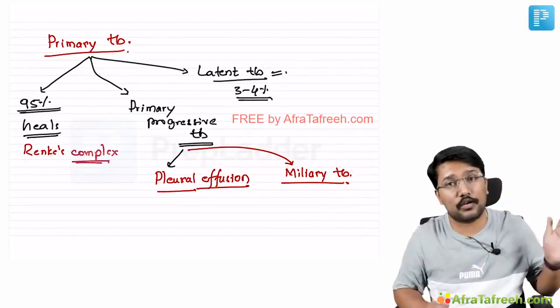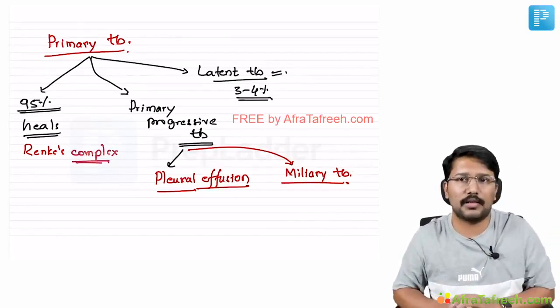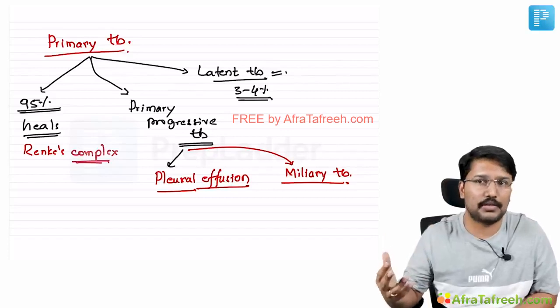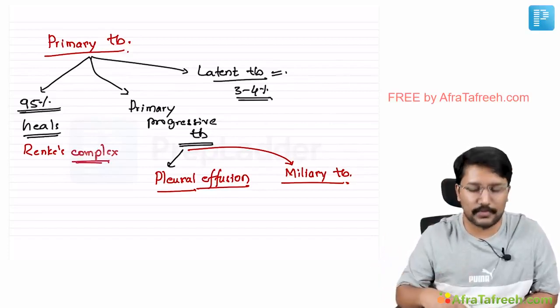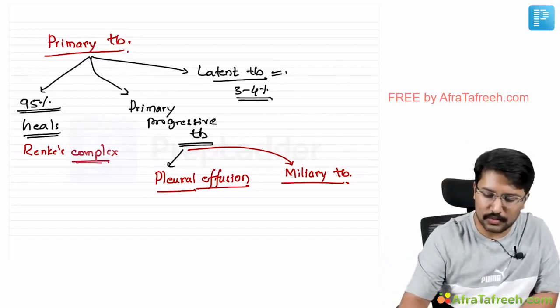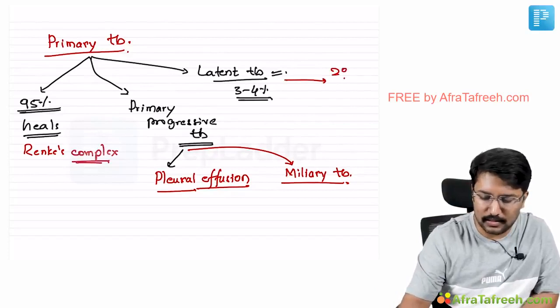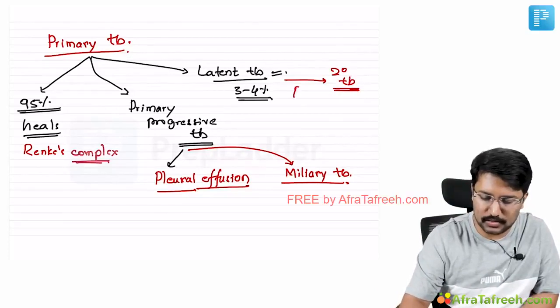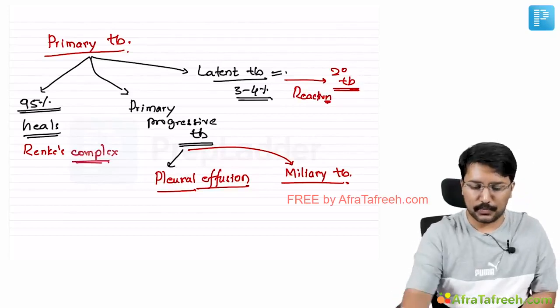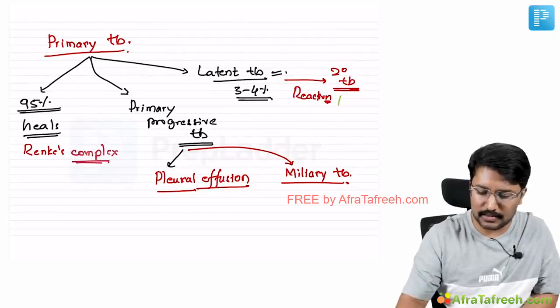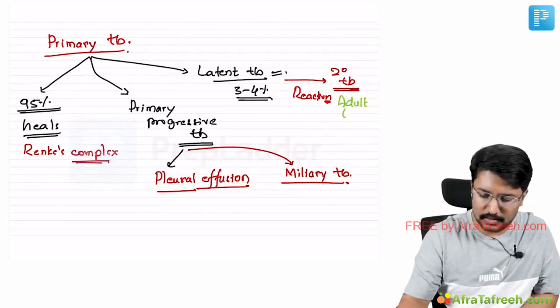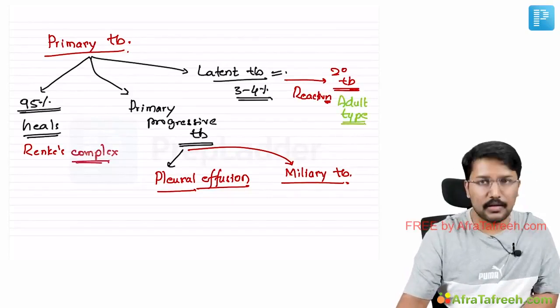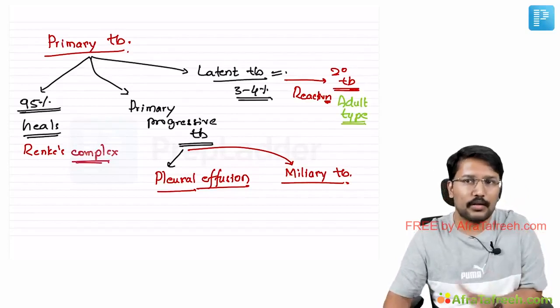So miliary tuberculosis is part of primary tuberculosis. We have to keep in mind it is not the reactivation of latent tuberculosis. When the reactivation of latent tuberculosis occurs, we call it secondary tuberculosis, right? So this reactivation of latent TB is what is called secondary tuberculosis. Secondary tuberculosis is often referred to as adult type TB,